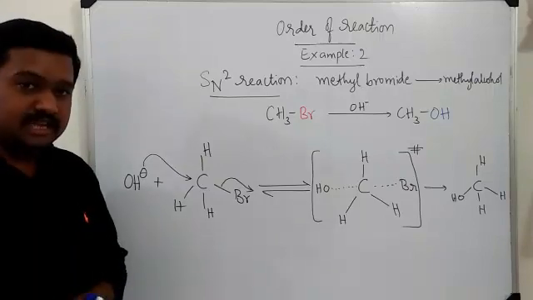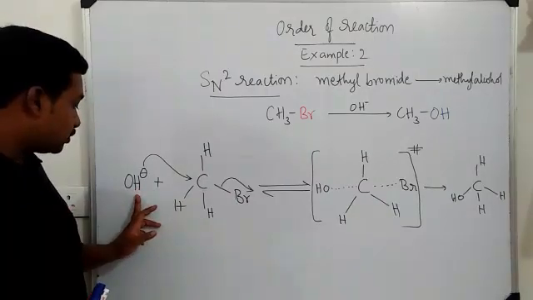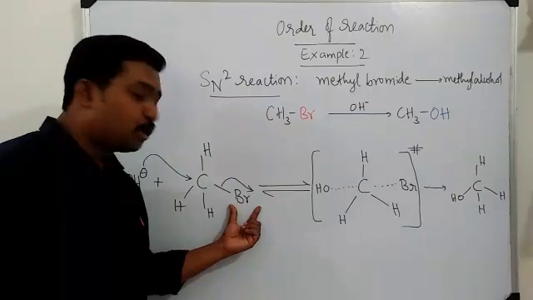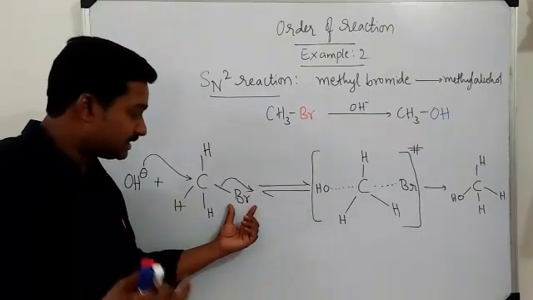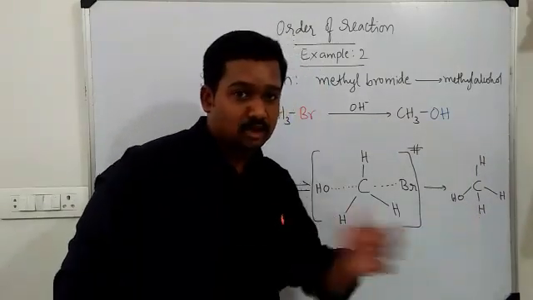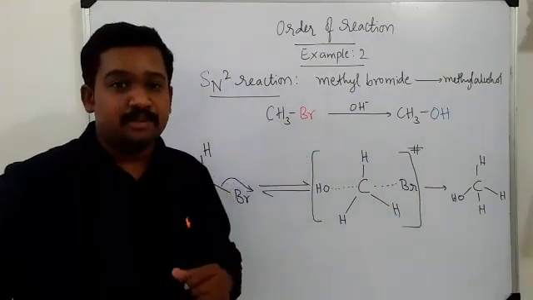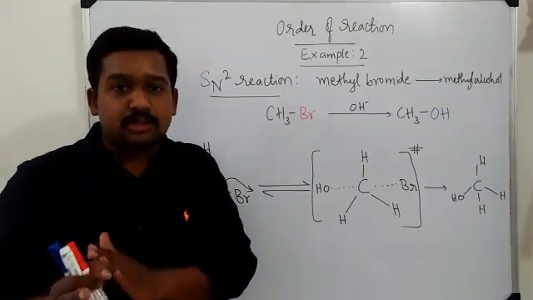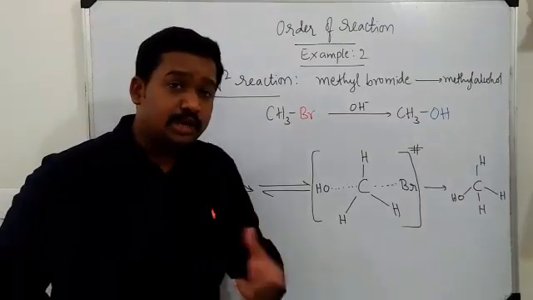So in this case, there is one important point to remember. The position of the OH group will be exactly opposite to the position of bromine in the initial molecule. In this molecule, bromine, for example, let us say this is on the right side, then in the product it will be on the left side. I cannot say exactly right and left because it has a tetrahedral shape. Since it is a tetrahedral shape, OH minus will be present opposite to the position of Br. So this is the SN2 reaction.